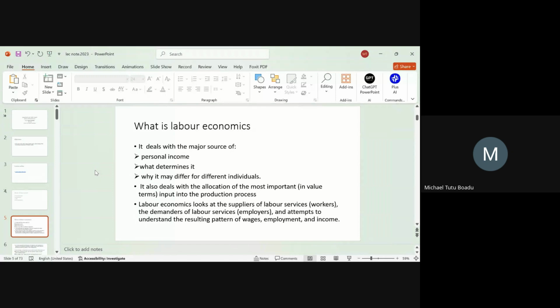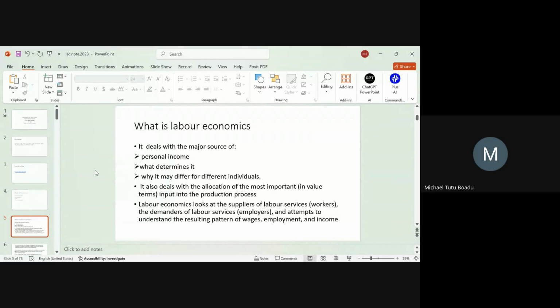If labor supply is less than labor demand, then wages will definitely rise. So that is the pattern. It is the demand and the supply of labor that determines the wages in the market. It's just like your understanding of demand and supply of goods and services,